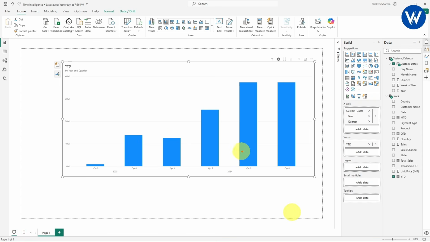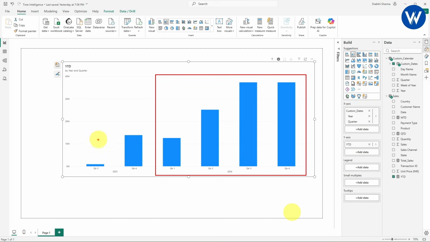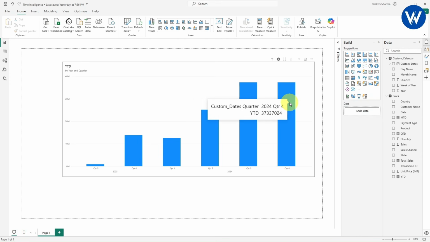Perfect. This is the 2024 year. Okay, 2024. And this is 2023. Here we can see the 2023. The sales is increasing. Quarter 3 and quarter 4. Basically it is doing cumulative total. Next for this also we can see the sales is increasing. But in case of quarter 3 and quarter 4, the sales are same. Why? Because